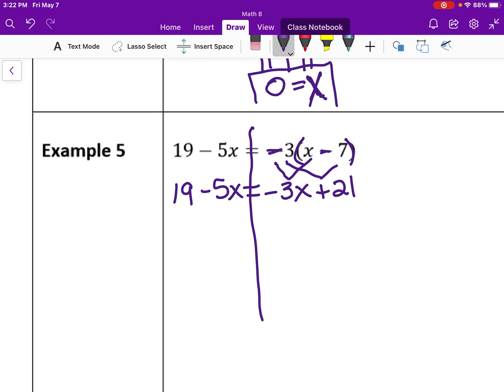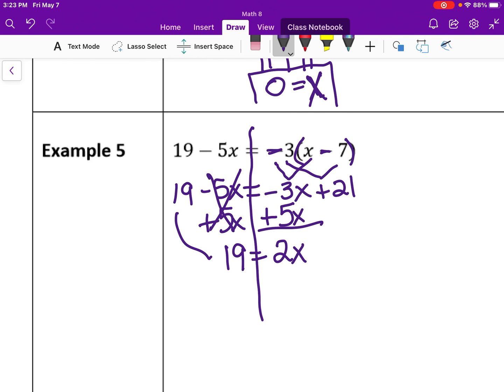I can't combine anything there. All right, now let's get our terms together. I'm going to add, in this case I want to add my 5x to both sides. I mean, you could have added 3x to both sides again, like I said, and you could have gotten the same exact correct answer. Bring down my 19 equals, here I have a fight, positive wins by 2x, bring down